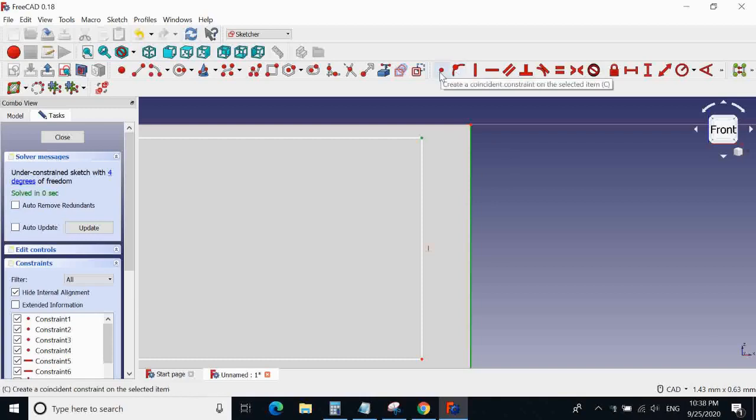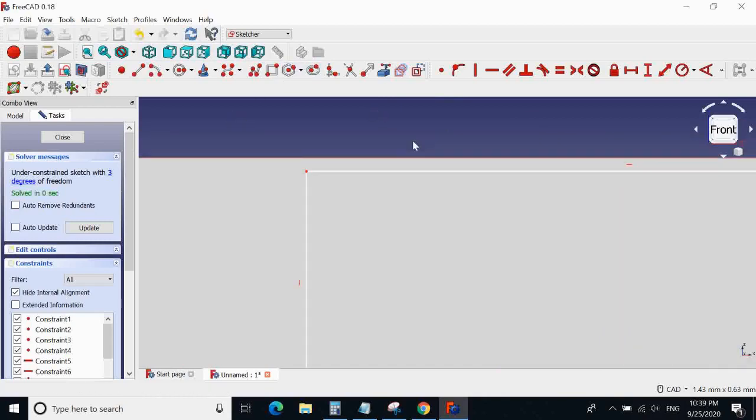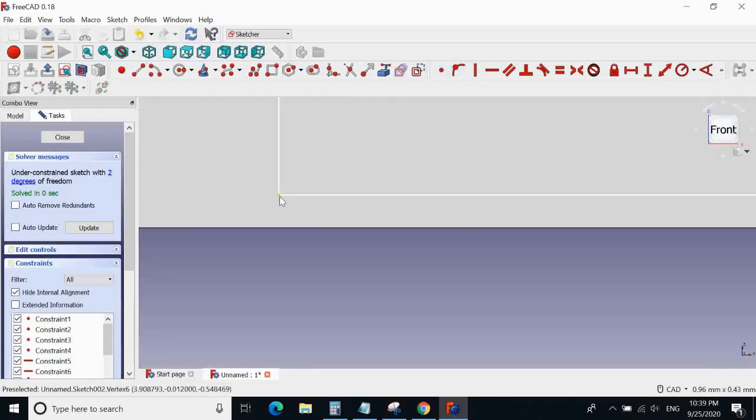You don't want to create this coincidence constraint because that's apparently for points. This one is a point on an arc. It fixes a point onto an object. See, fix a point onto an object, and now it snaps it on the line. Likewise, you can do this and this, and it snaps there. This, click this,